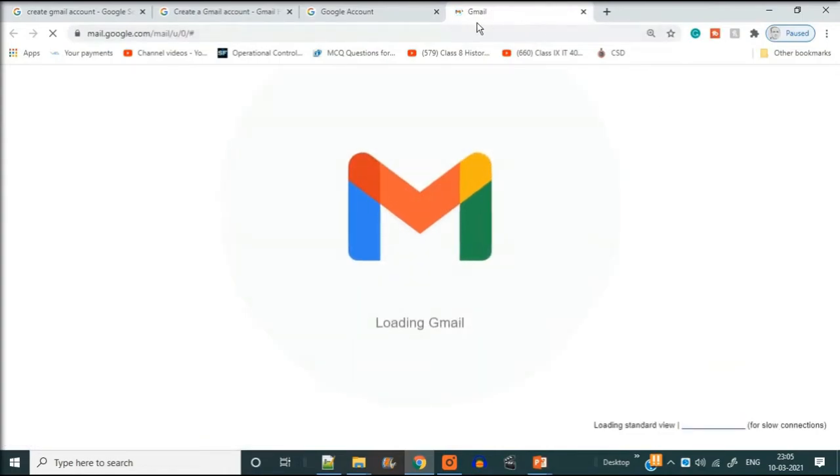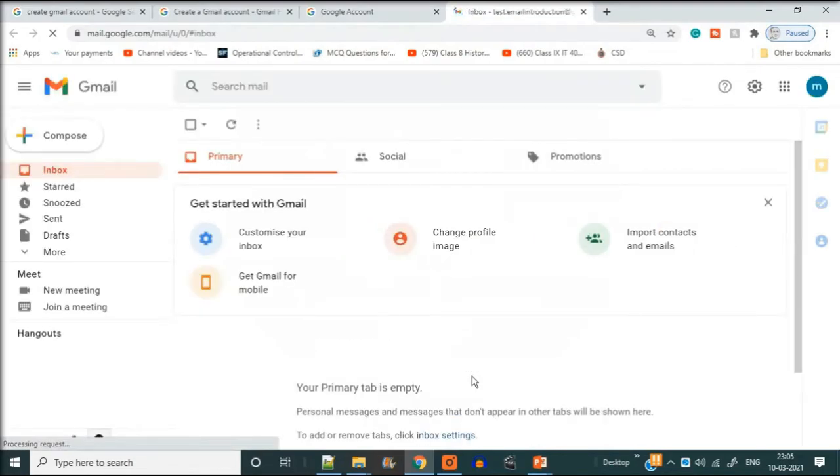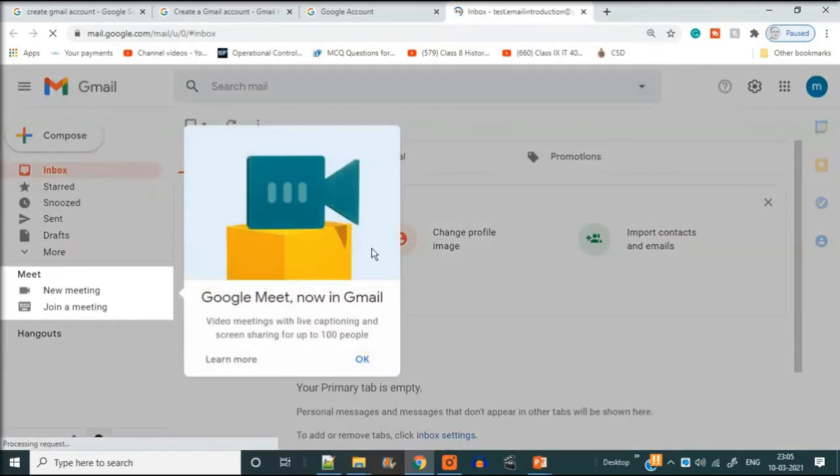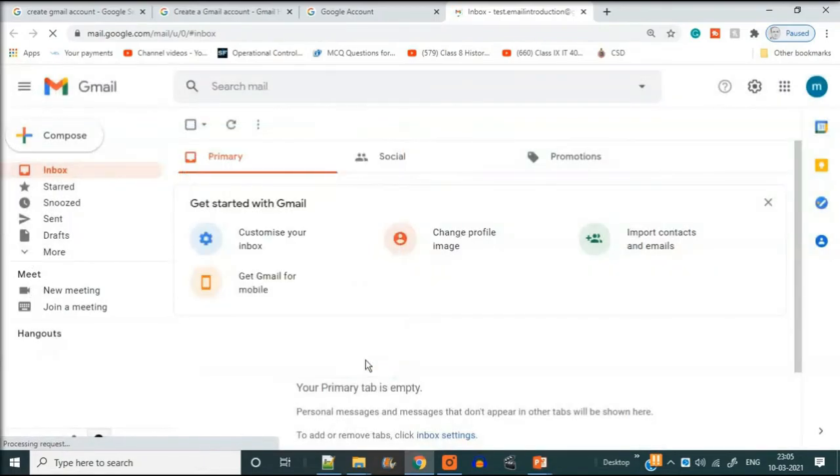So now I'm going to Gmail, Google Mail actually. What you see is this is taking time because it is the first time we have made it, and since you see it's very clean, no email has come to me. I haven't sent any email to anyone. Now there are certain options on the left side. Inbox will keep all the emails coming to you. Sent will keep all the mails you have sent. Drafts means the mail you have typed but not sent. The other options as well.